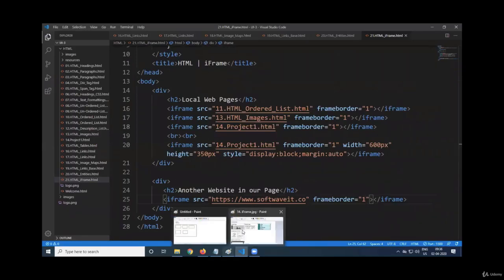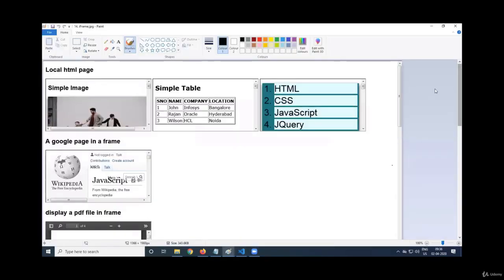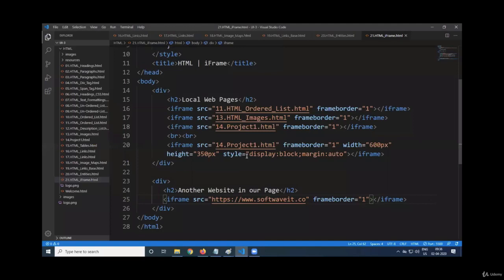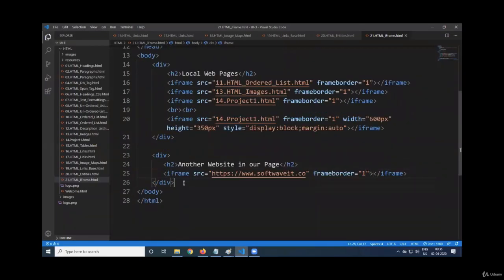Now the third case is, I want to integrate and display a PDF file in frame. So for that purpose, division, H2, another type of file in our page.